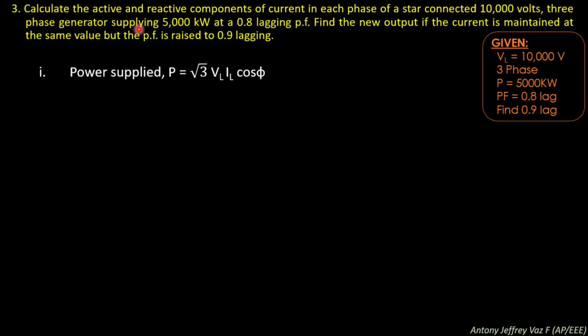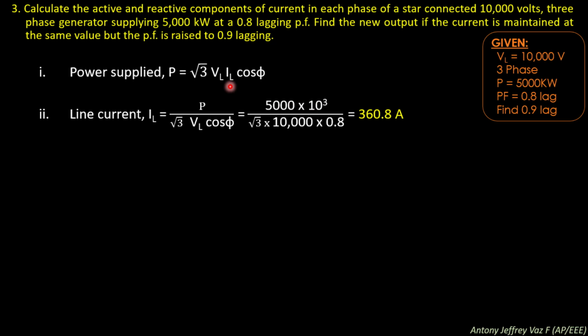First you need to find the power supplied. Here the power supplied formula P is equal to root 3 VL IL cos pi. Here the power supply is given, which is 5000 kilowatt. So here the line current is not given. So you can cross multiply IL and you can get the line current. IL is equal to P divided by root 3